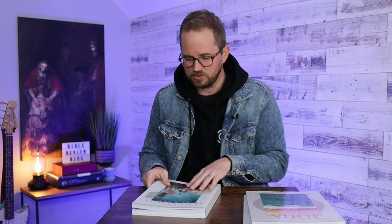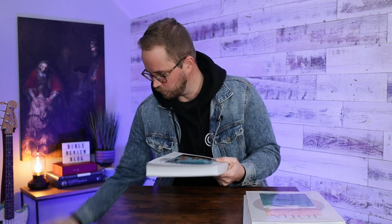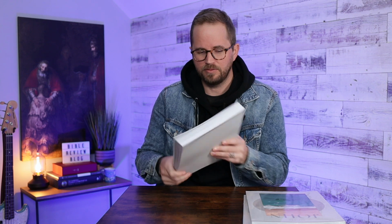So you have the NABRE in a 10-point font. The overall size of these are 8 1/4 inches tall and 11 3/4 inches wide. I've got my little piece of paper over here. Very cool versions of the Bible that are